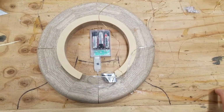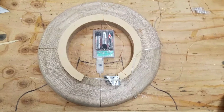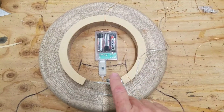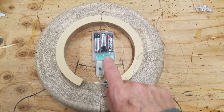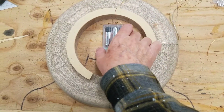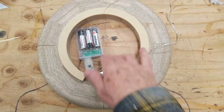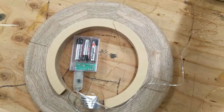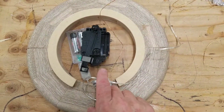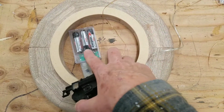So the last clock that I did had lighting, which I plan to do on this clock, but the lighting that I had, the housing for the batteries was much smaller, and I was able to fit this housing inside the circle inside the clock. But now that I have this pendulum, which is quite a bit bigger, it's taking too much space, plus this is bigger,